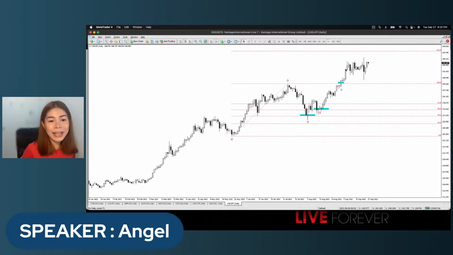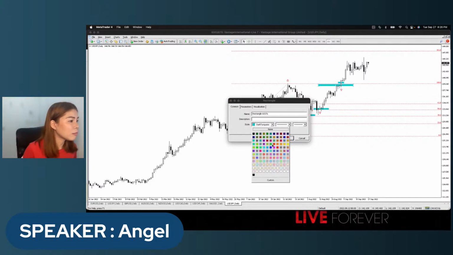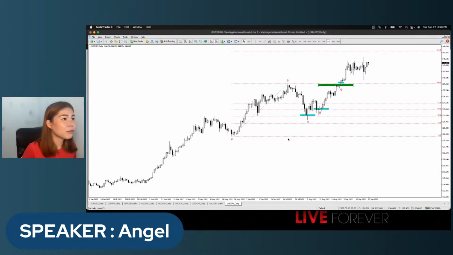So if these are my entry areas, where are my take profit areas? It depends on you, actually. But if I buy over here, of course, the most common take profit is here. I would change the color of the box for take profit. Let me put a green one for the take profit. This is the final take profit. If you bought here or here, your take profit should be here. Again, I did not put it above the resistance. I just put my take profit slightly below the